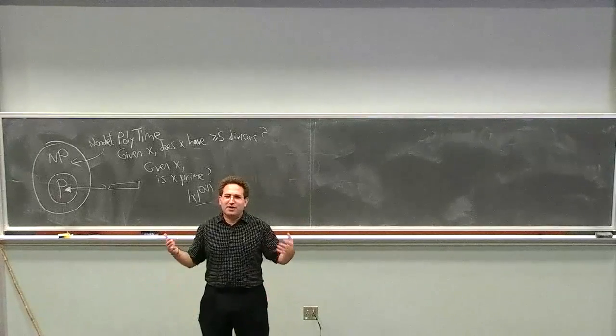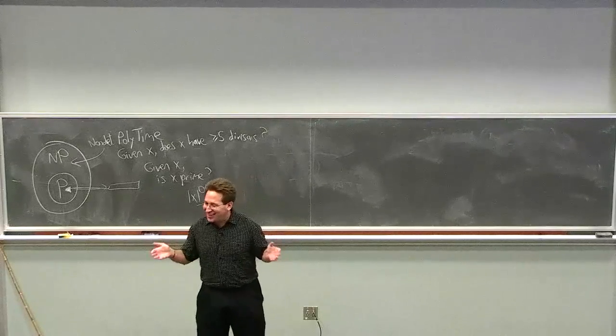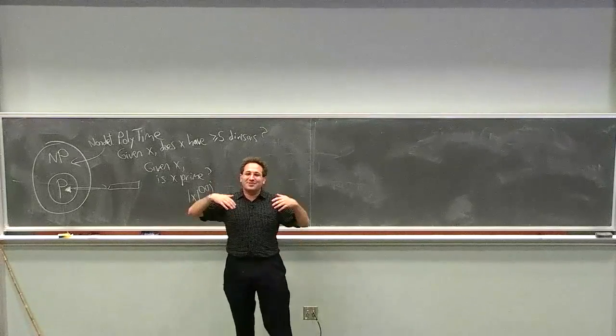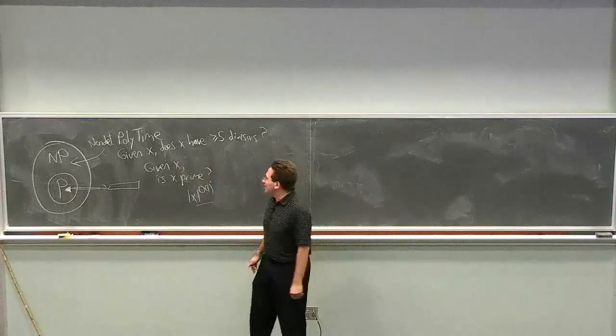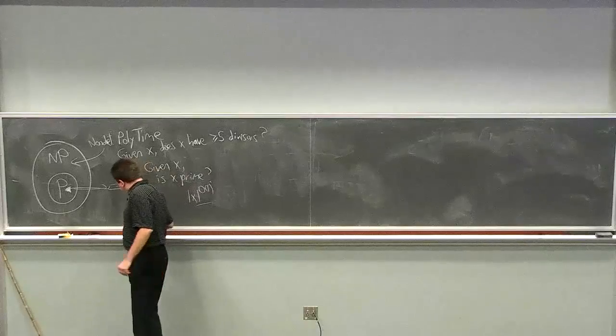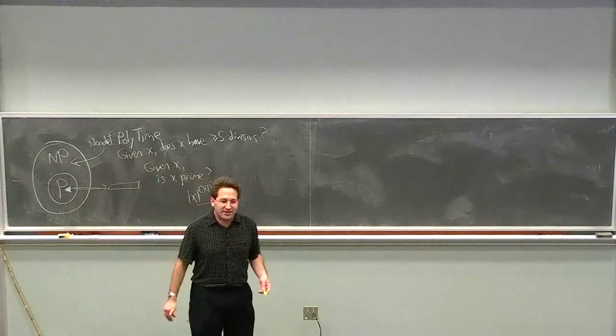We don't have a proof of it yet, if you like, at a mathematical physics level of rigor, and that's one of the great challenges of mathematics. But in the meantime, one can say that if P equals NP, then the world would be very different than we think it is.